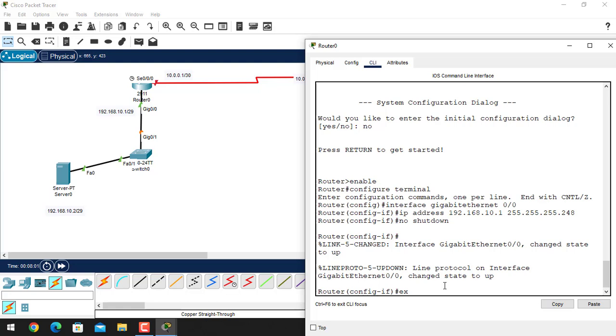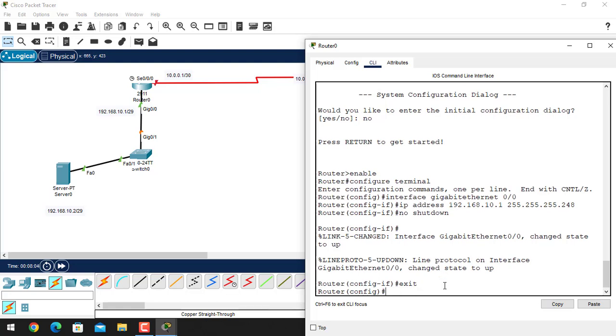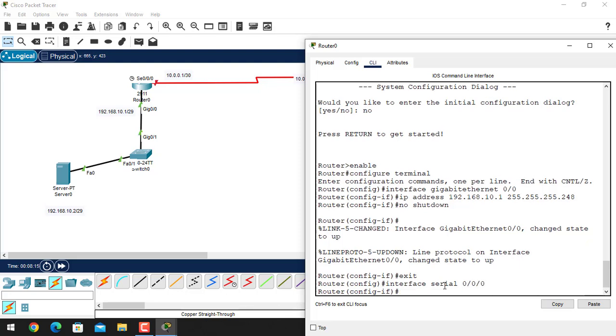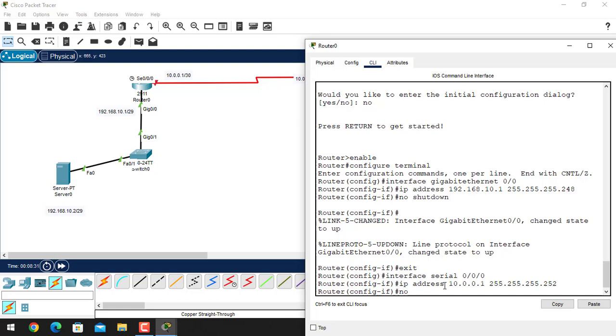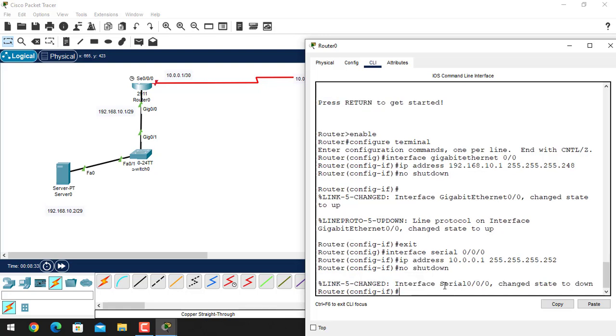Okay, let's exit from this mode and select the serial interface here. Then interface serial 0/0/0, and give the IP address of that serial interface. And it should be 252 because the CIDR value is 30. Now let's give the no shutdown command here,